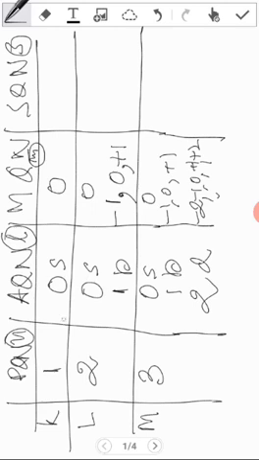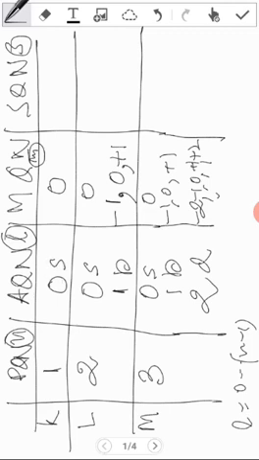We have studied the values of L already. Those values are from 0 to n minus 1. So if n is 1, the value will be 0 and no other values are there. If n is 2, then 0 and 1. If n is 3, then 0, 1, 2. 0 is s, 1 is p, 2 is d. 0 means s orbital, s